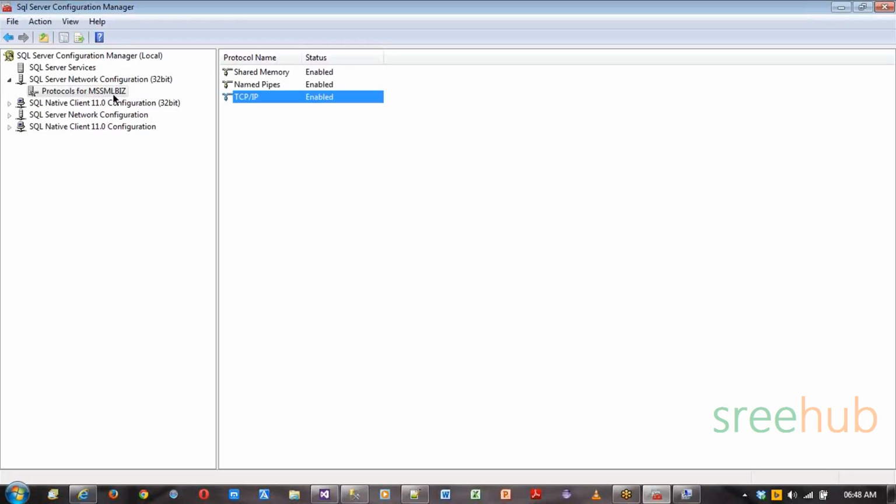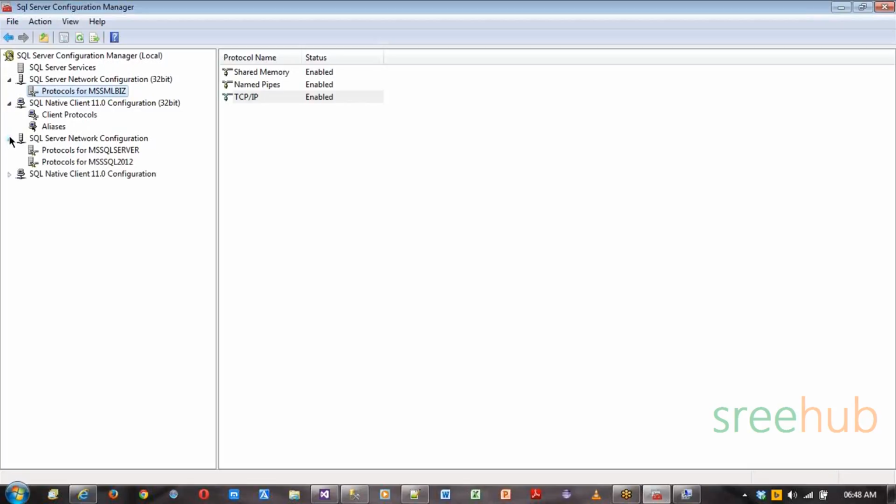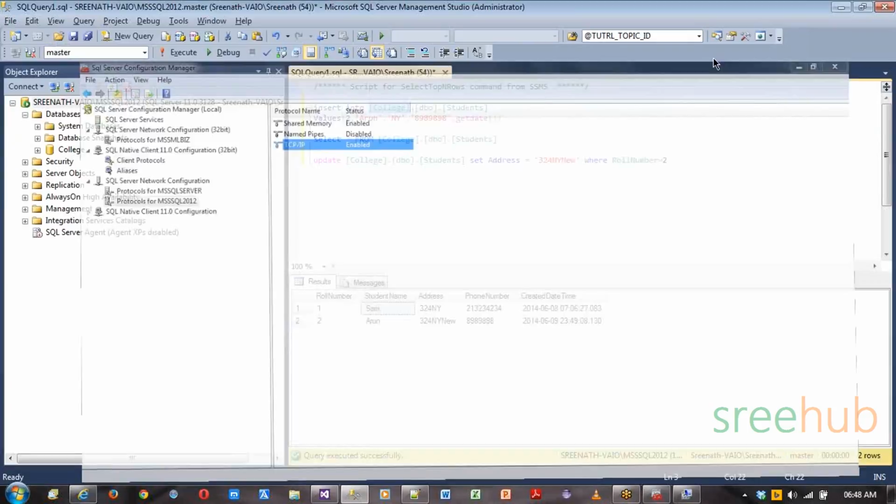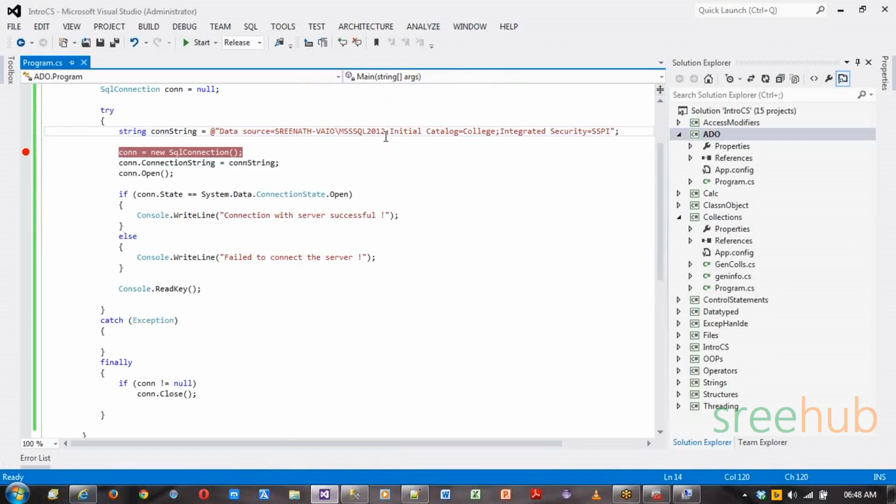instance. Now you can see MSS lib is not my instance, right? Now this is my instance, which is MSSQL. Now here you can see my TCP/IP. So that's the reason why I'm able to connect to the database using my query string. Right. Now this is how